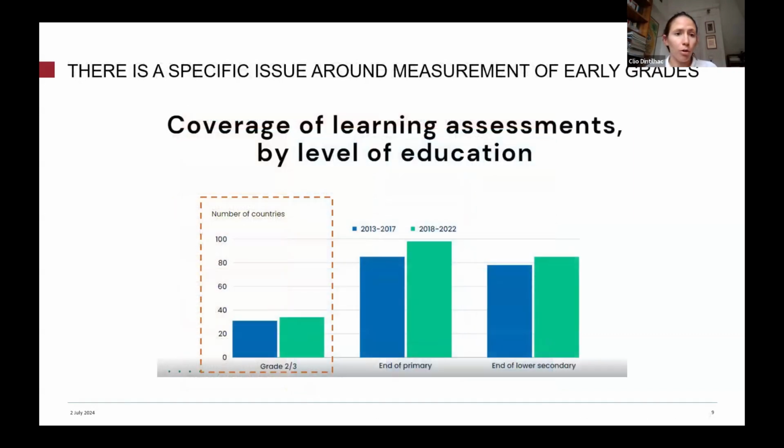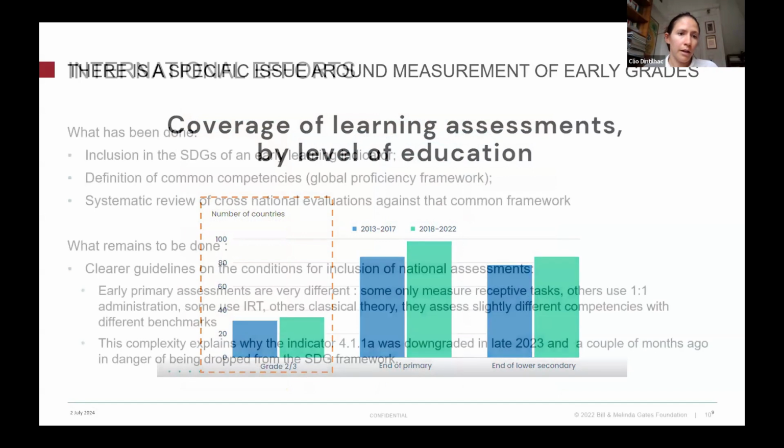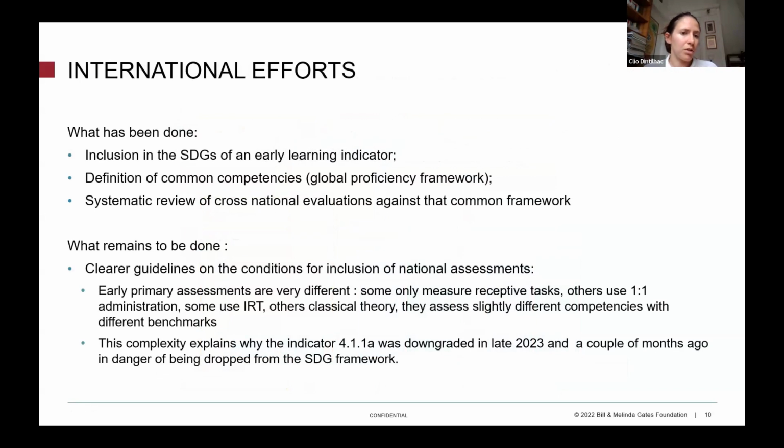So on this global comparability issue, the main issues are around the early grades. Some of you may have heard about the downgrading of indicator 4.1.1a. It's mostly related to the fact that it has low coverage. And the efforts that are being done today are the following. A number of things have already been achieved. So the fact that there is an indicator, it has also been